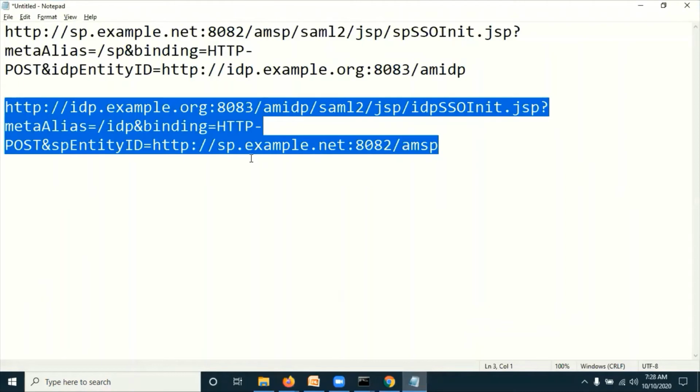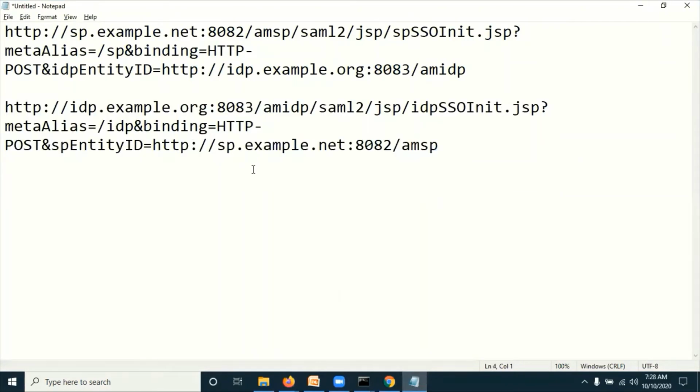So that is different. We need to download Apache Directory Studio and we have to configure it, and we can see how the profile was linked with IDP entity and SP entity. Okay, so this is the information. So I will share that required details in the description. Please go through that and use it.